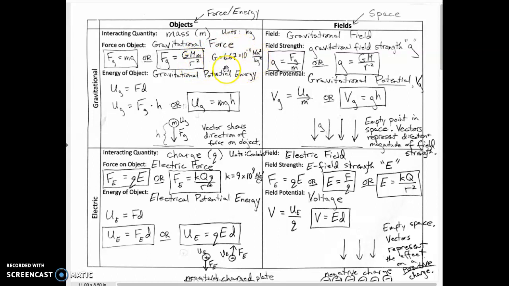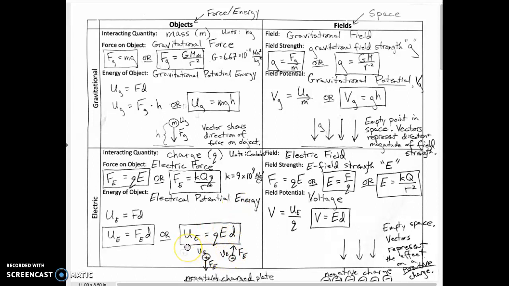And here's the gravitational constant. Here we have electric force. It's Q times E, just like this is M times g. And here's the force between two charges at a certain distance apart. And there's the constant K, which you can see is really large, while this one's really small. Then we have energy. Gravitational potential energy, as you know, is mgh. Well, the electric analog, if you replace m with q, g with E, h with distance, you get QEd.